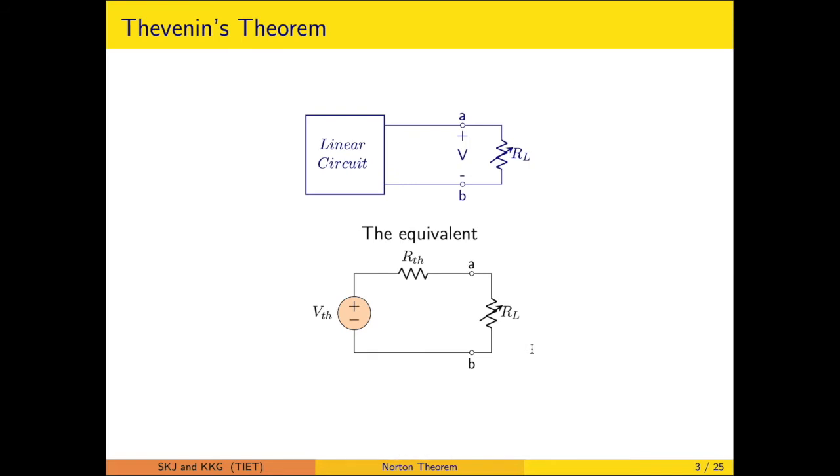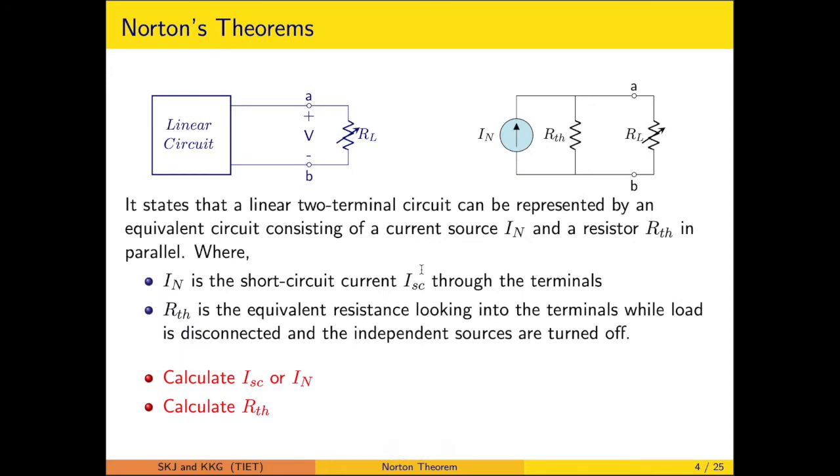In the Thevenin's theorem, we obtained the linear circuit equivalent by a voltage source and a series resistance. That voltage source is regarded as the Thevenin voltage and the RTH as the Thevenin resistance. So basically the linear two terminal circuit is replaced by a voltage source and a Thevenin resistance. Now in the Norton's theorem, instead of this, we will be representing a current source and a parallel resistance. That is the analogous discussion.